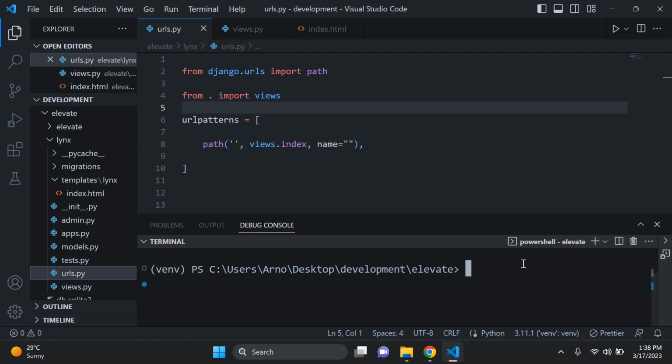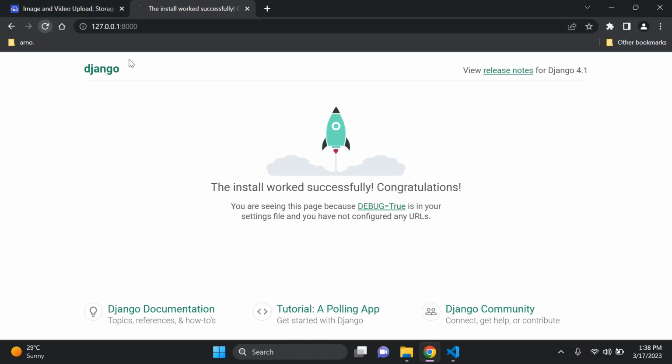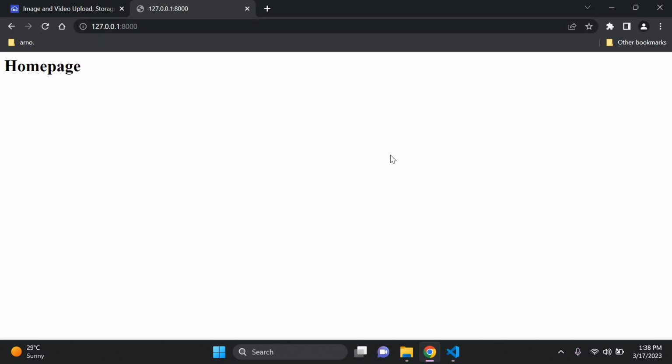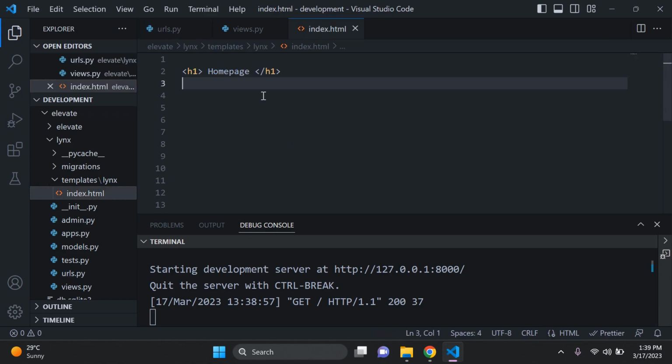Now what you want to do is run your server, so you can say python manage.py runserver, like so. So go ahead and do just that. There we go, it's running. Now if we were to refresh our page, there we go, done. So we can now see that our homepage is now rendering accordingly as it should. So there we go, we've done it. We've gone ahead and created a basic Django project, created a basic Django app, configured it, and configured our views